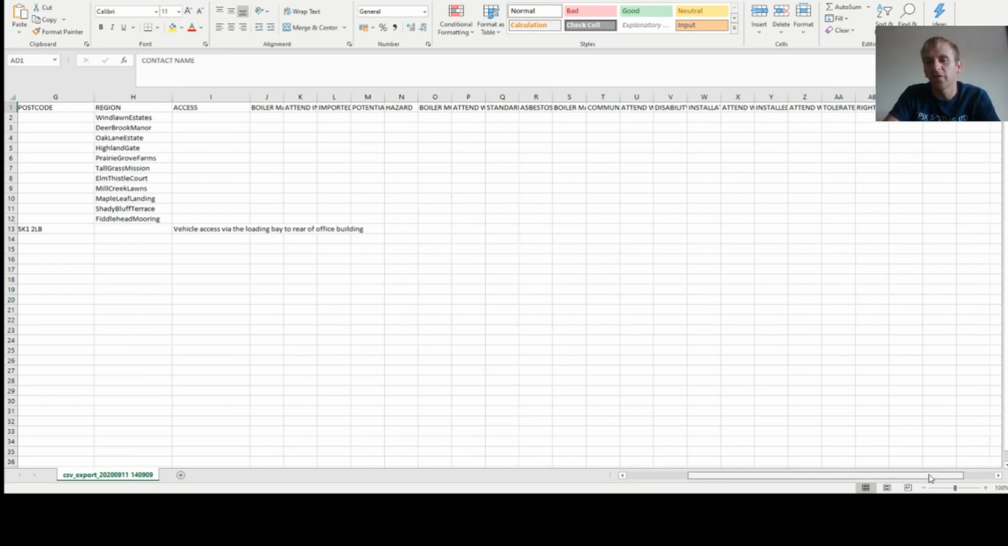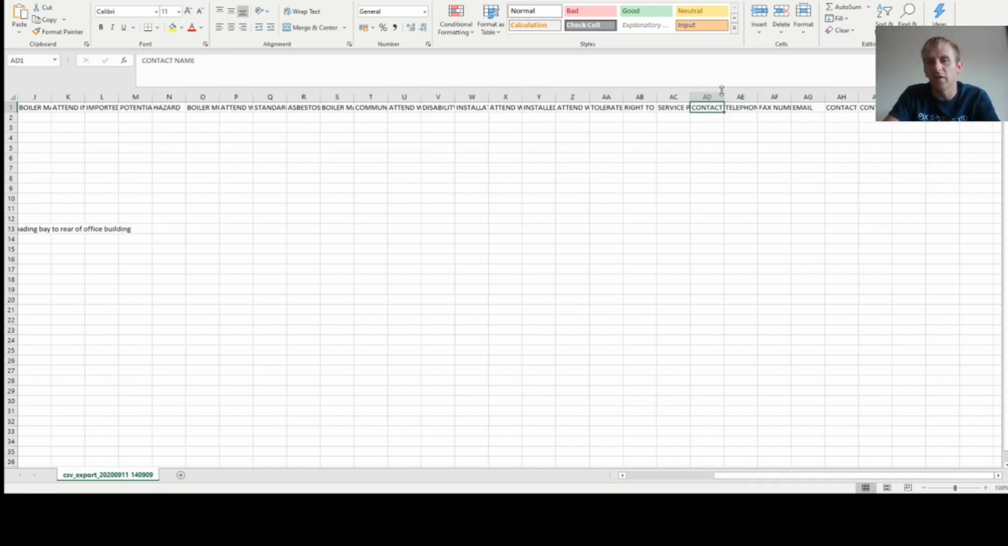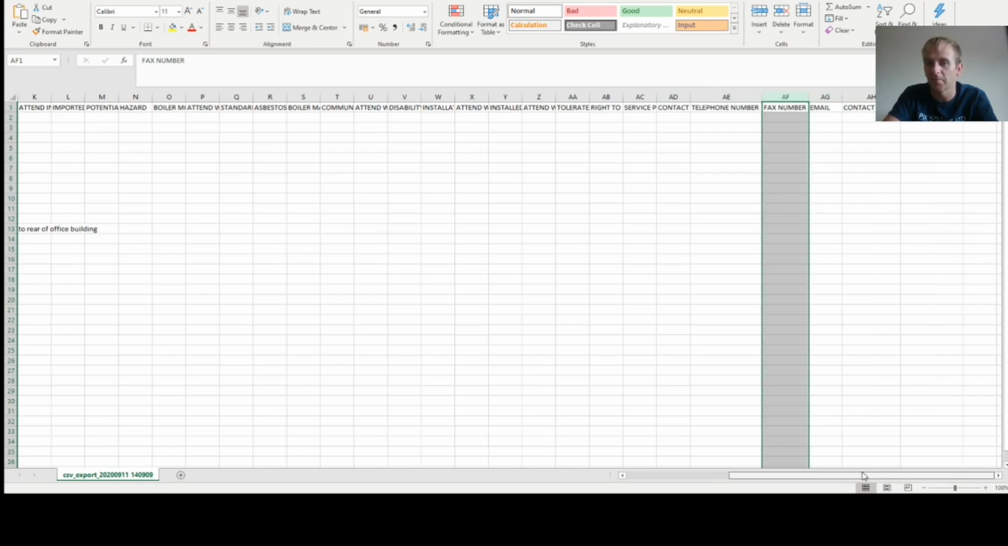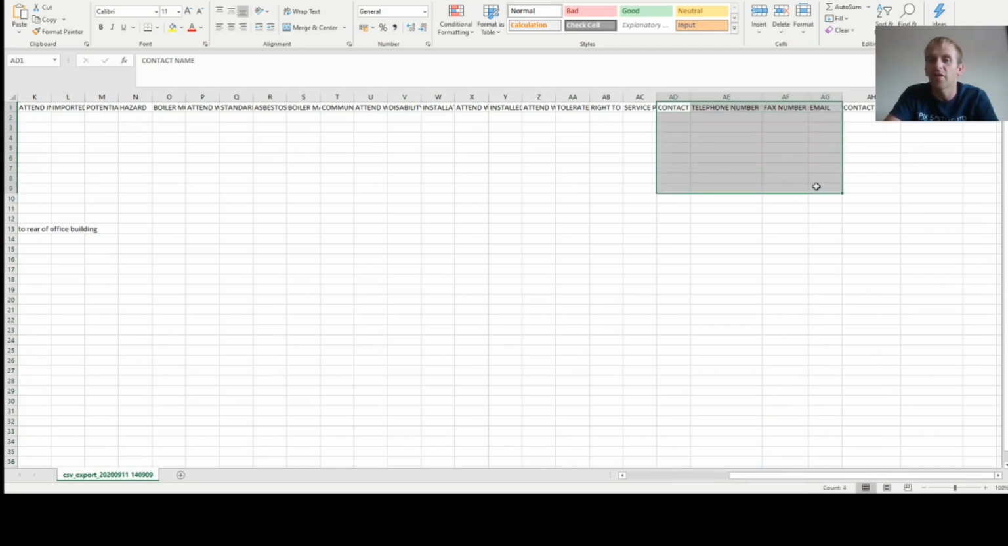Towards the far side over here, we do have some key fields that exist for all assets and are not optional, and these are to do with the contact details at the site and the contracts that exist for the work. So we'll begin with contact. The contact and the telephone number and fax and email, these ones here are all relating to the contact details